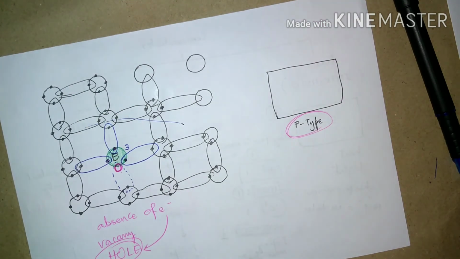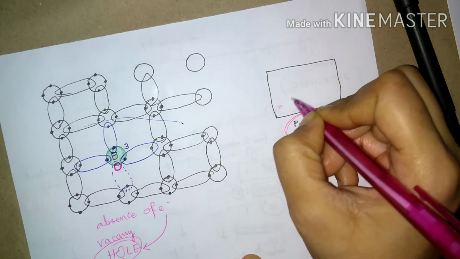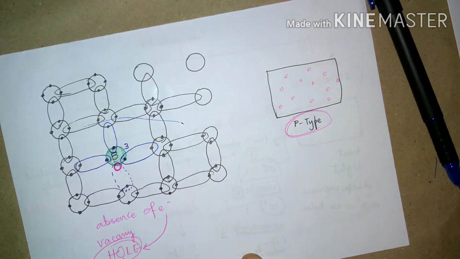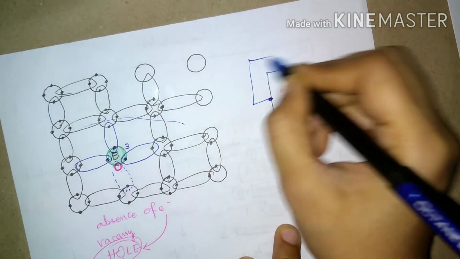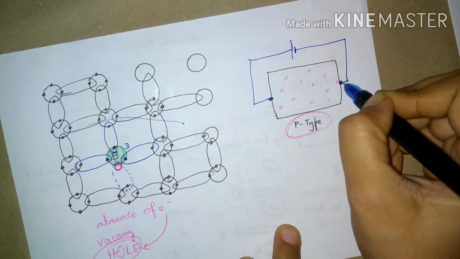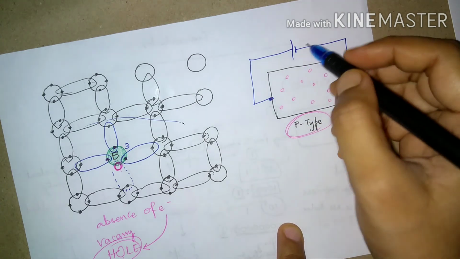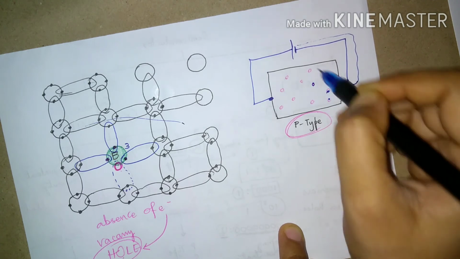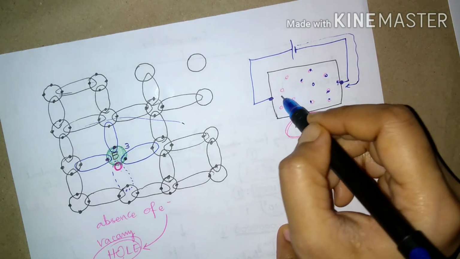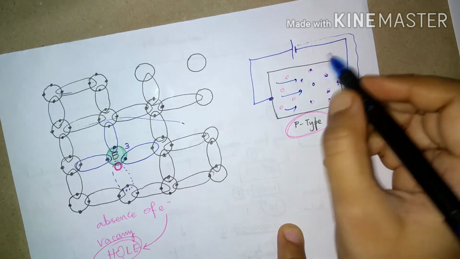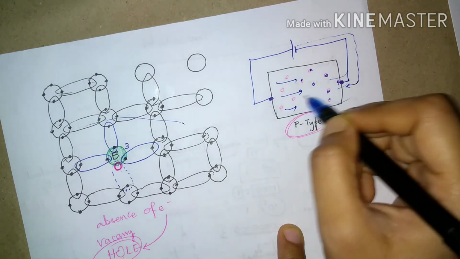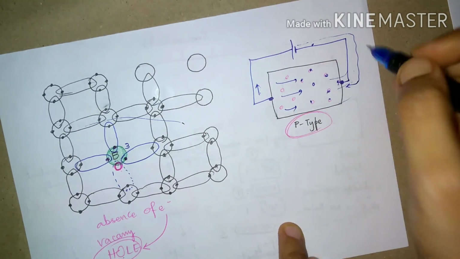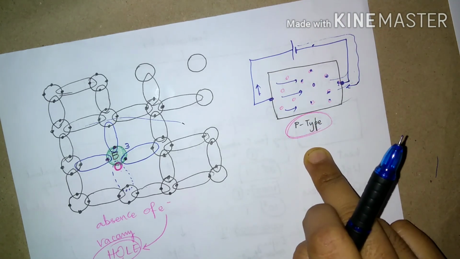So in p-type semiconductor, I am sure that there are holes for every boron atom I add. So here, whenever I give some voltage, all electrons will go and fill in all the holes, right? And these holes get attracted towards these electrons. So holes will move towards the negative terminal and electrons will move towards the positive terminal. That is how conduction takes place in p-type semiconductor.